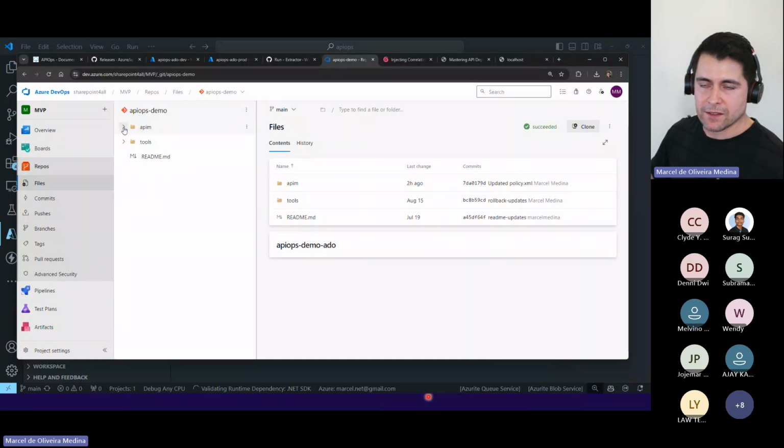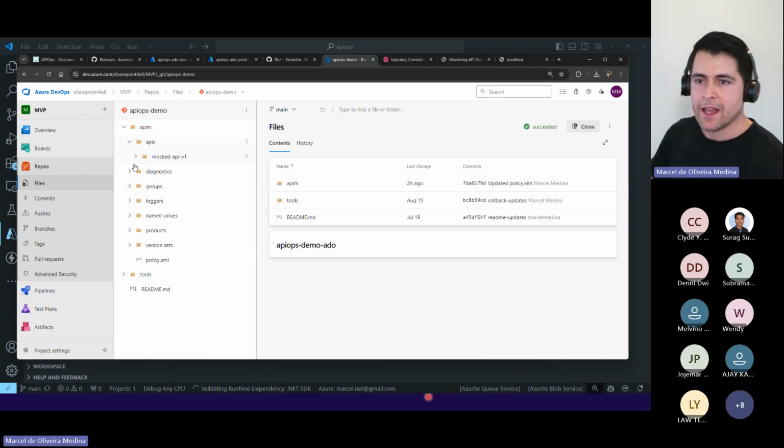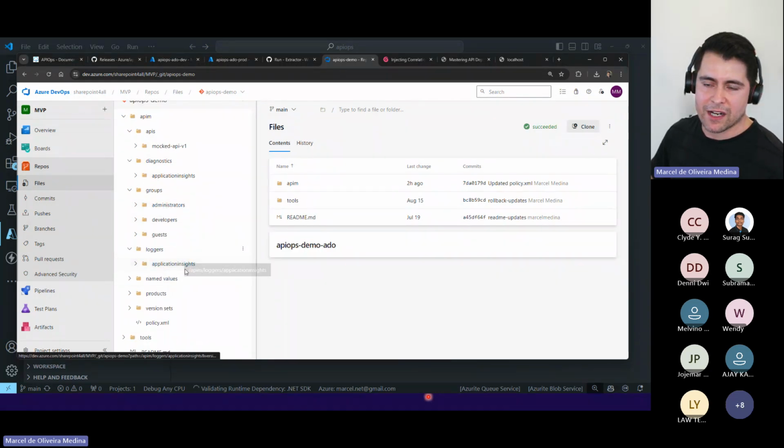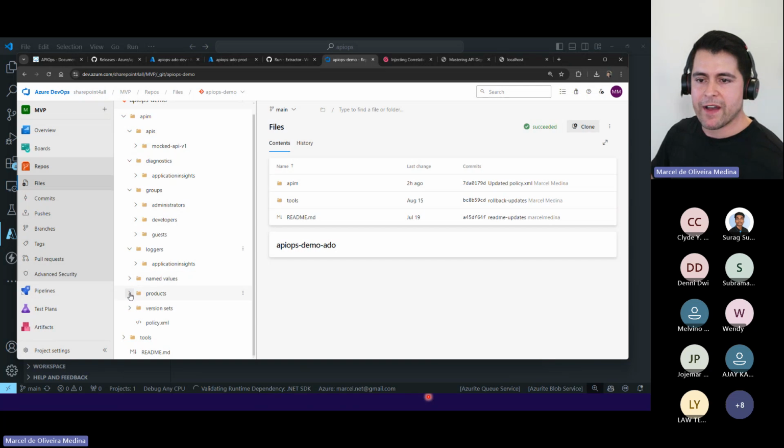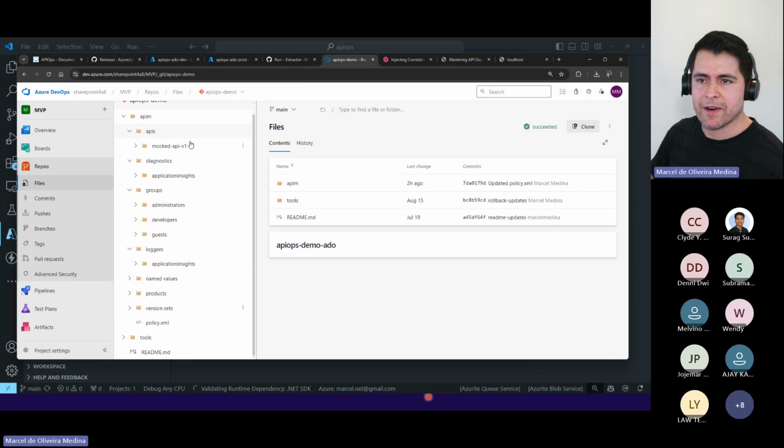This APIM was the first extraction I have run, and it came up with multiple schemas, APIs, diagnostics, groups, right? So you can have loggers, which is like my application sites, named values, products, versions. I have a specific version for that, V1, if you can remember here.